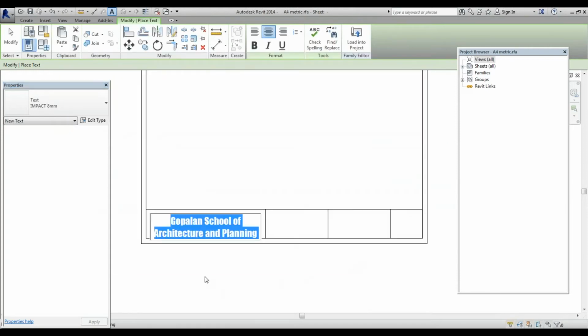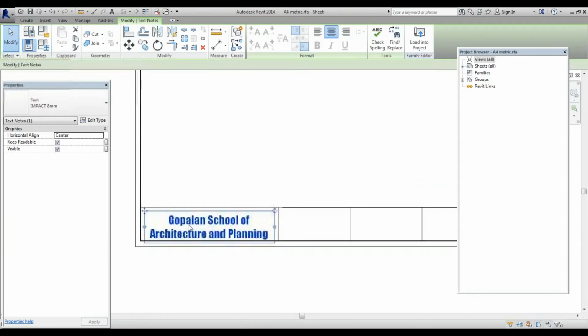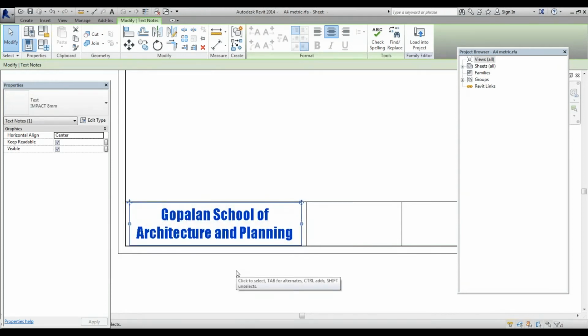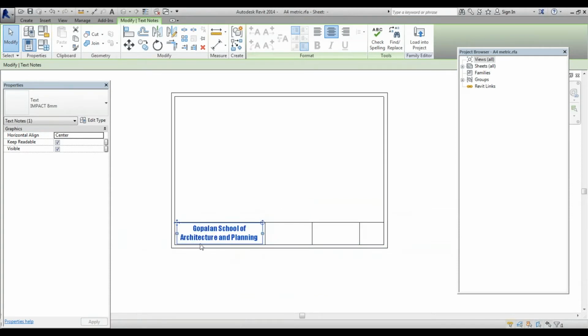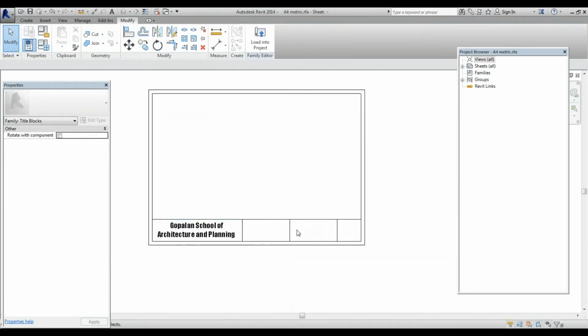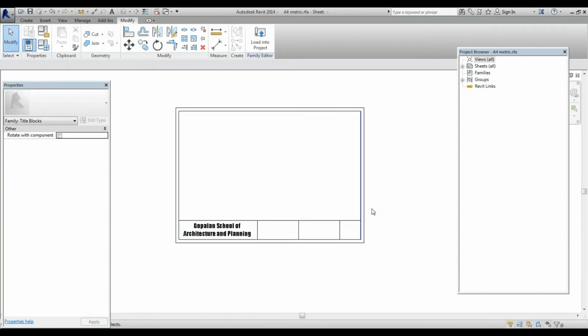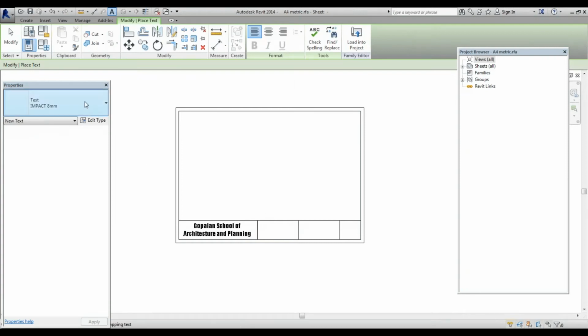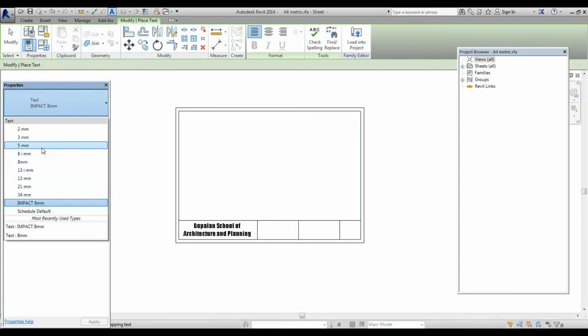Yeah, it fits just right, because as far as I know, Impact is a very tightly placed font. It is closer to each other. Every letter is close to each other, so that you can place it in a convenient manner in small spaces. That is why I chose it. And for the rest of it, I would like to give the same Arial itself. I'll create another. I don't want Impact 8 mm. I like to have